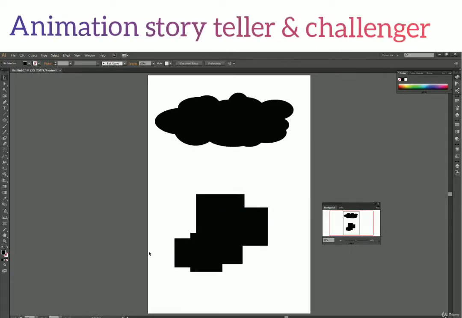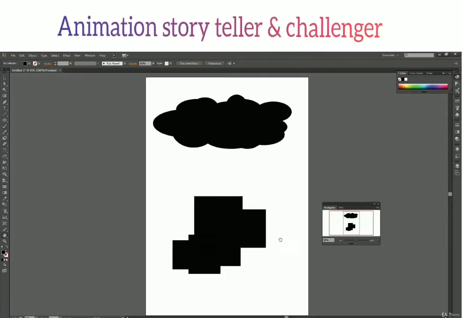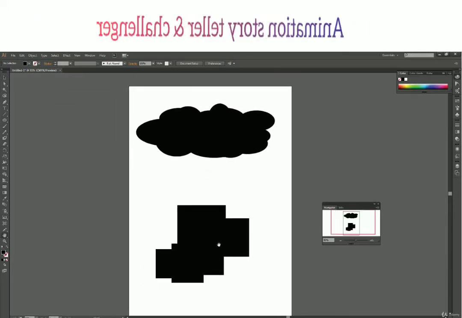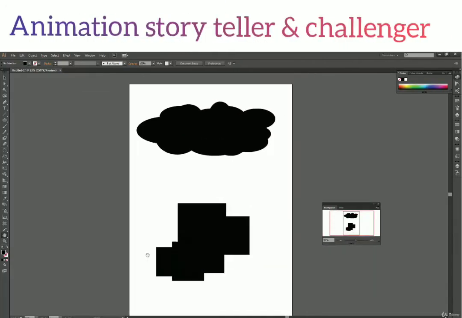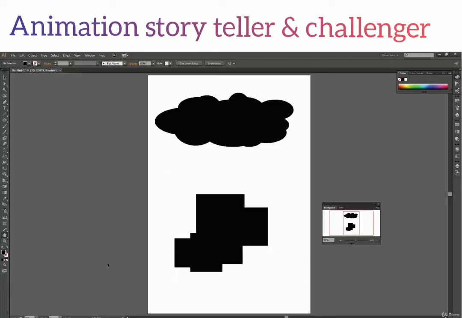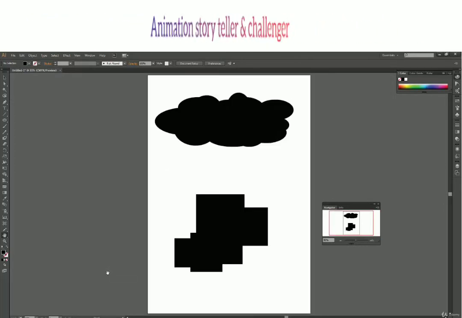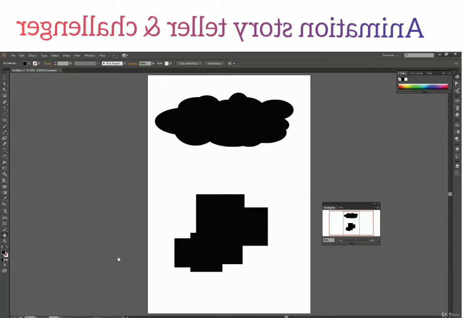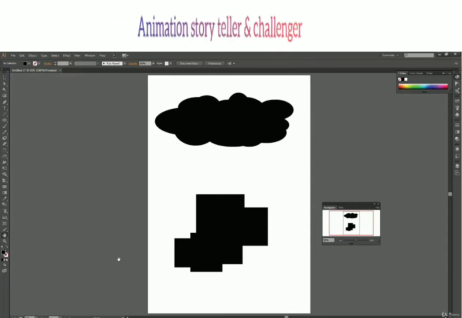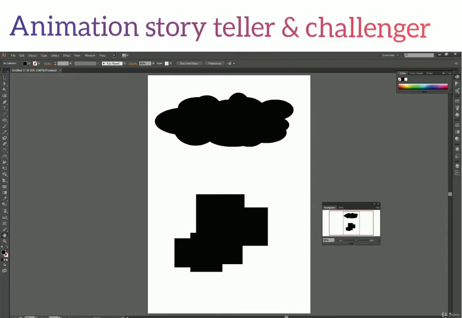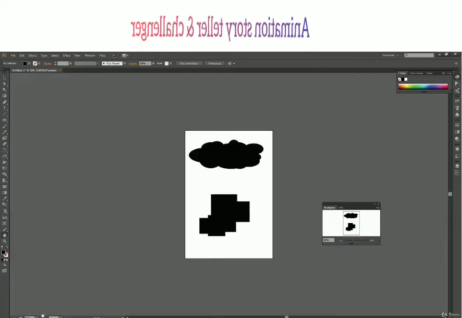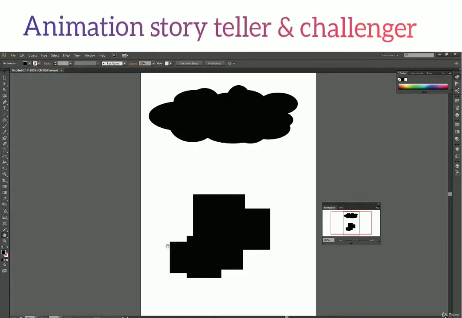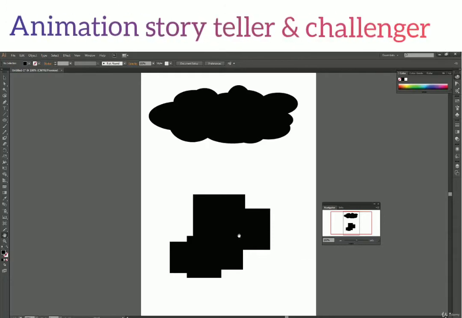And then we learned about the hand tool. So we can press H and we can drag on the document itself, or on the artboard or canvas, to drag around or to navigate. So we learned 4 ways just to navigate a document. Now let's see how many ways we have to zoom in and zoom out. First of all, we learned to zoom from here, which right now is 93%. So we can switch back to any zoom level from here. Let's say 50% or 100%. So this is one way of zooming in, zooming out.